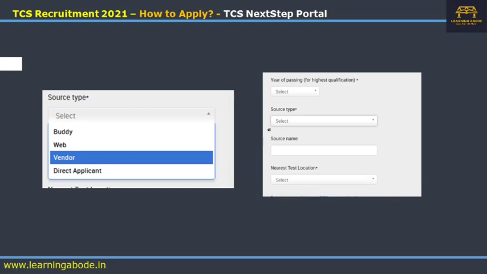Now if it is the same in BPS, there is only one small difference. If you are entering through BPS, they just ask for the source type, whether you're applying for on campus, off campus, whatever it is. So if you are applying as an individual, just give direct applicant. The source name is not relevant. Just go for direct applicant. That's the only difference in the BPS form.